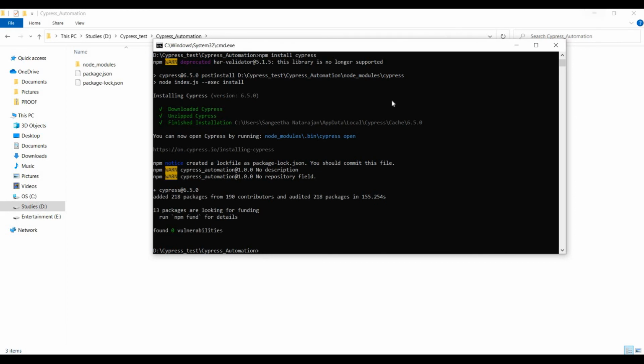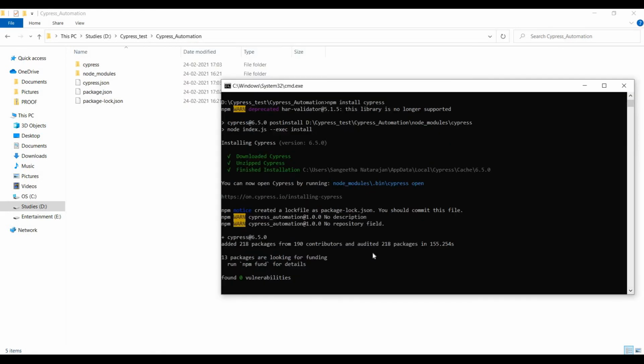Okay, now we have successfully installed Cypress. Let's see what folder structure has been newly updated. Here in my Cypress workspace directory, I can see the Cypress folder and the cypress.json also updated, right? So after your installation is done, 2 folders and 3 files will be updated successfully.